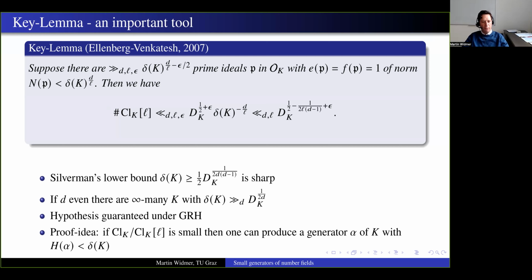And if you assume that this quotient is small, then you can cook up a generator of the field K, whose height, because of these upper bounds on the norm of the prime ideals, is strictly below the delta invariant, and that's obviously a contradiction, and so this quotient cannot be too small. So that's roughly the idea of the proof. Okay, so